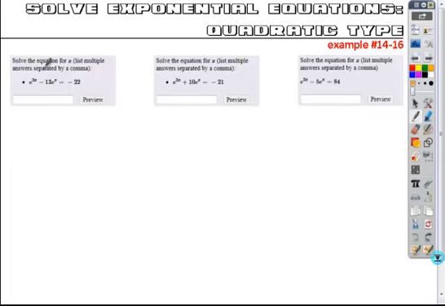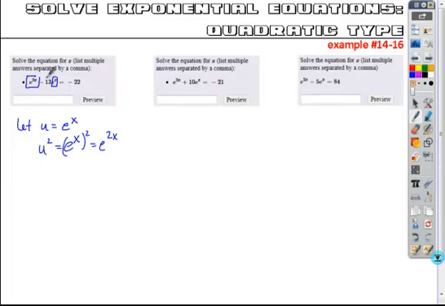Method that's called u substitution. What you're going to do is let u be the entire lesser power. In this case, it's the entire exponent e to the x. If you let u be that lesser power, then the second one is twice that. So if you say u squared, e to the x squared is going to be e to the 2x, and notice that that's this second